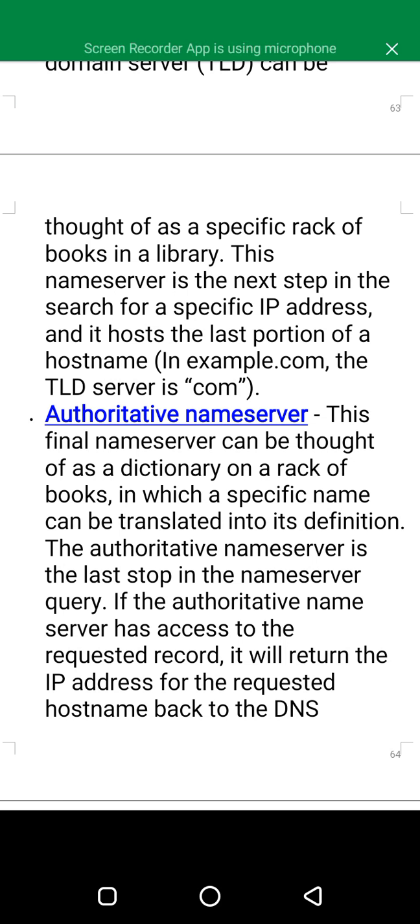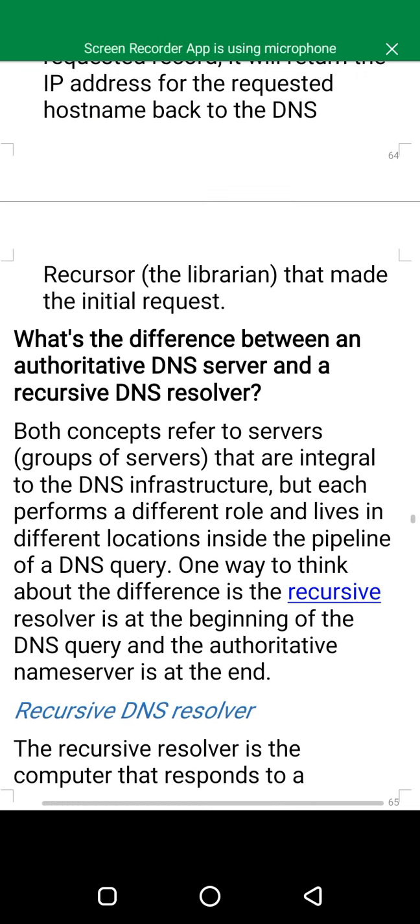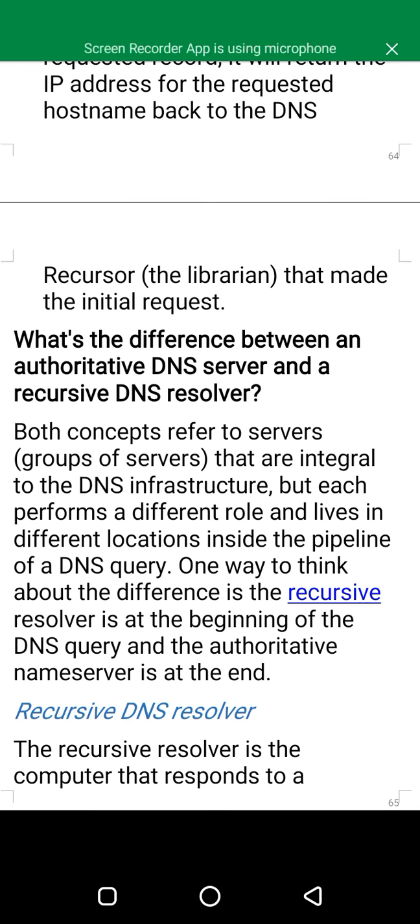If the authoritative name server has access to the requested record, it will return the IP address for the requested host name back to the DNS recurser, the librarian that made the initial request.